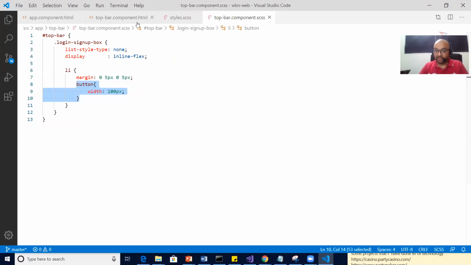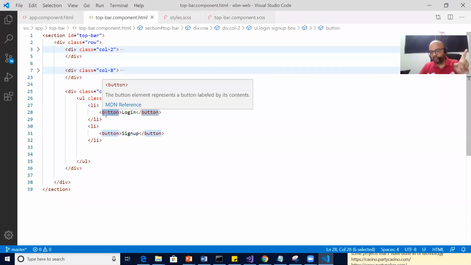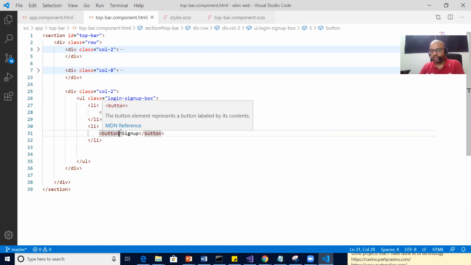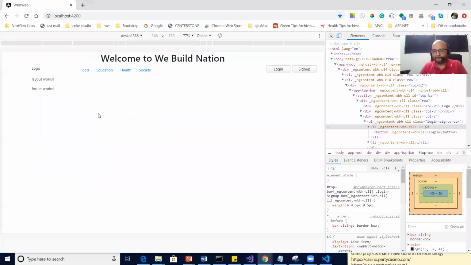If let's say this button should have a different width and this button should have a different width, then I would have put a class. For button 1, I would have put, let's say, btn1, and for this button, I would have put btn2. But because both the buttons require the same style, so I put style at the button level. See, now they are both of equal width. Correct? That's how we are done with our first row.